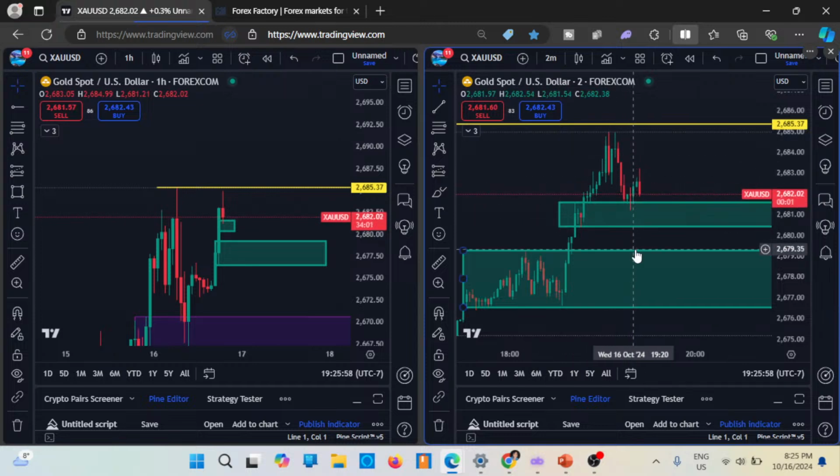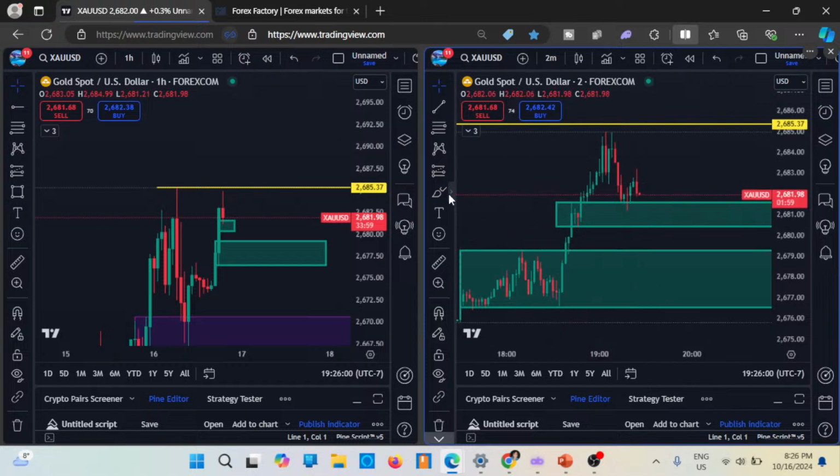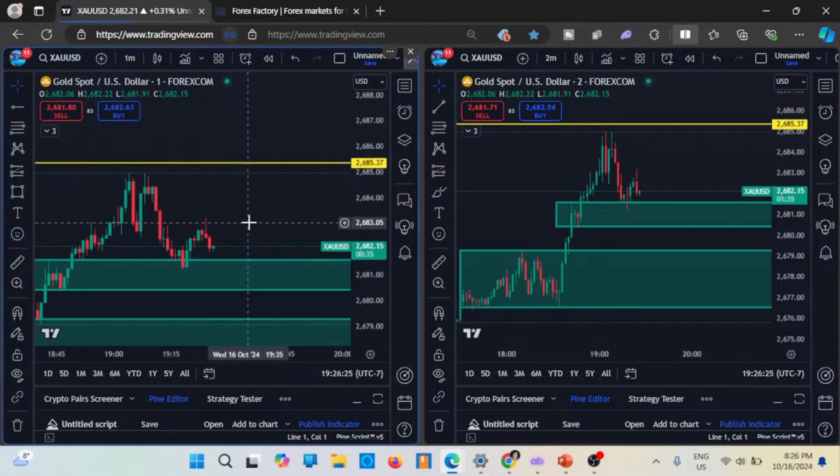The TP for buys would have to be when the price comes. I usually target whatever resistance is above the price on the lower time frame. I can't really tell you the TP, but once the price comes here, then I'll know exactly where the TP will be. So that's gold. We're done with analysis for gold. That was a very quick analysis. Wow. Now let's look at